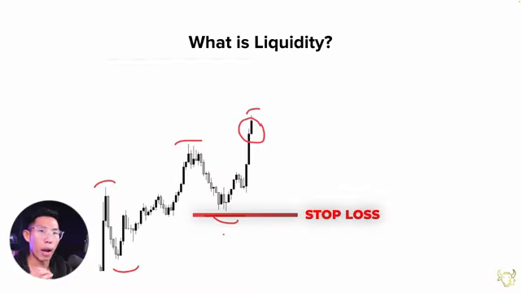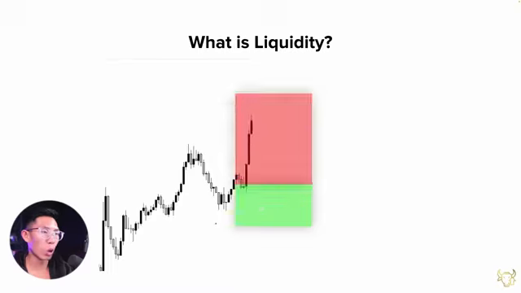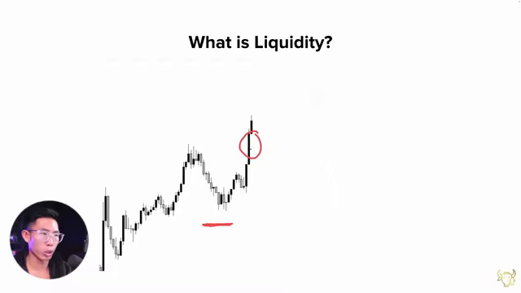Now, on the other side of this market, smart money wants to buy EUR/USD in bulk, and they need a lot of sellers in order to fulfill that order. Right below this swing low, we have stop losses from the current buyers who are inside the long position. In addition to that, we also have the breakout, or rather the reversal traders, the people who have a sell order somewhere right around here, so that if price breaks through the previous low, they will be entered into a sell position. So here there are sell stops and also stop losses of current buyers.